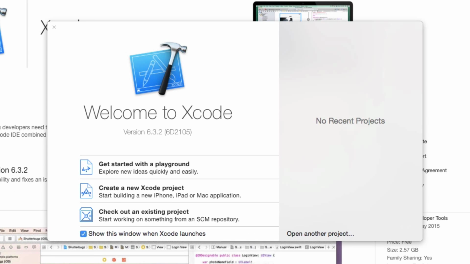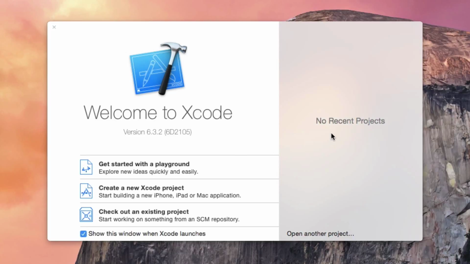So if you open it for the first time, you'll be introduced with this welcome screen. If you used it before, you'll have a list of projects that you've recently opened. I cleared this out just for the purposes of this video. So here, this is where you actually make a new project,